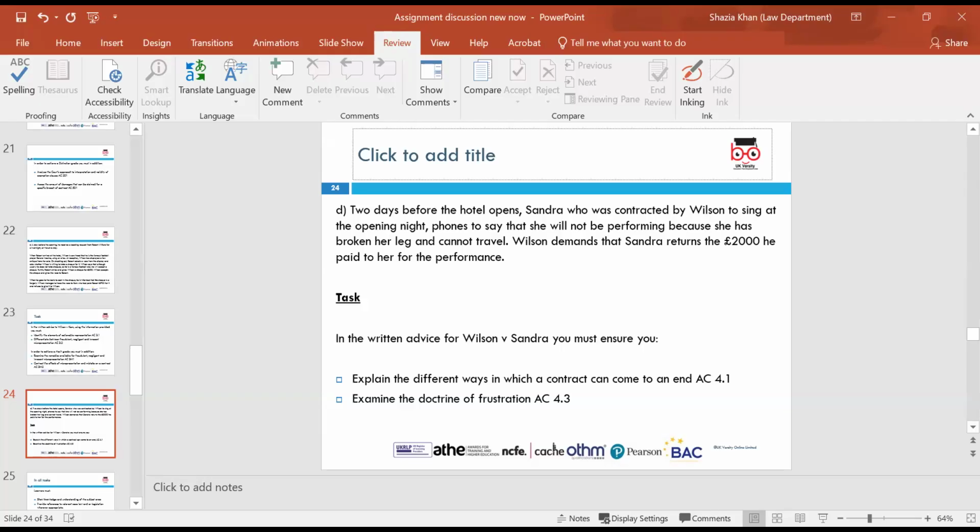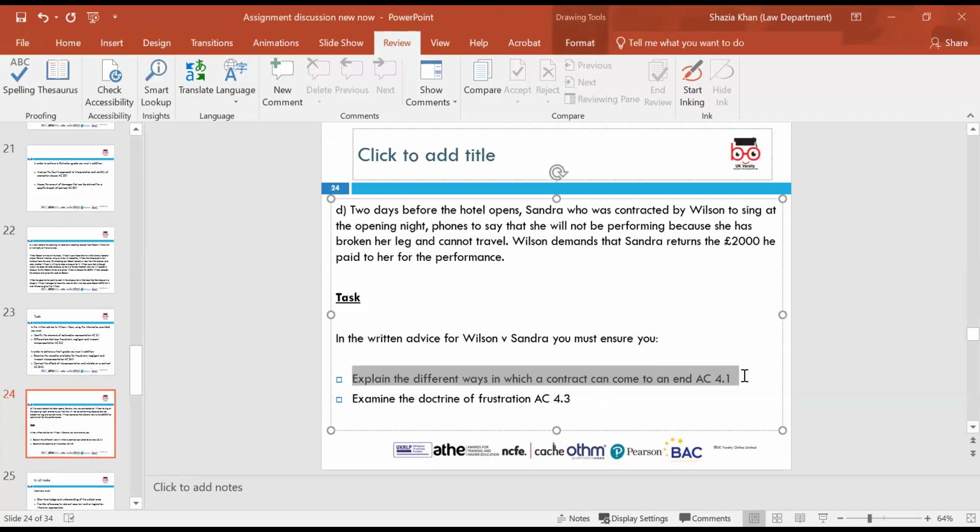Opening night, she phones to say that she will not be performing because she has broken her leg and cannot travel. Wilson demands that Sandra returns the £2,000 he paid her for her performance. In a written advice for Wilson and Sandra, you must explain the different ways in which a contract can come